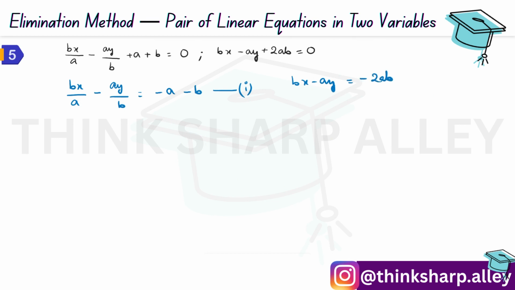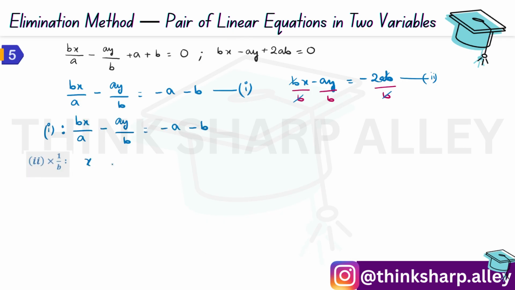Now again over here I choose variable y whose coefficients I'll make same. So here we have ay but I have a b over here in the denominator. So what will I do? I will divide each term of equation 2 by b. So that means first term by b, second term by b, and this term by b. Okay, so if I do that, obviously over here b gets cancelled, here also b gets cancelled. So equation 1 remains as it is, and equation 2